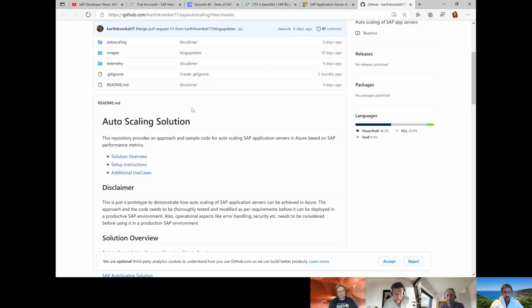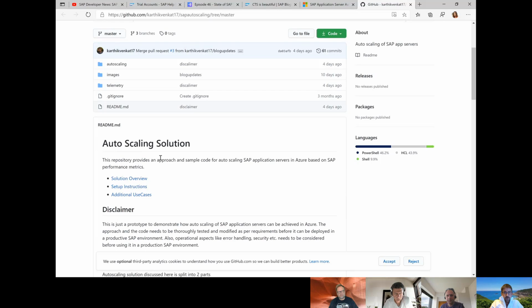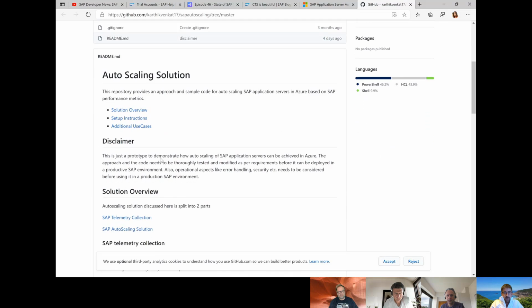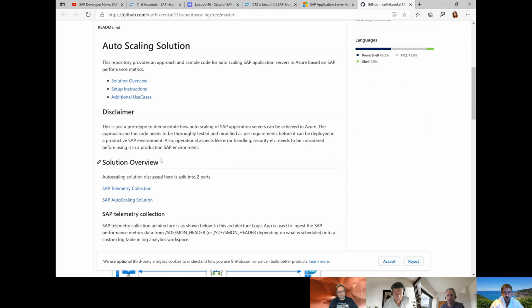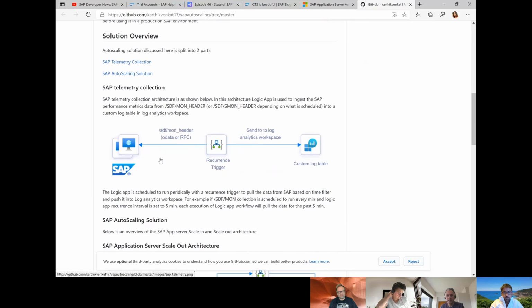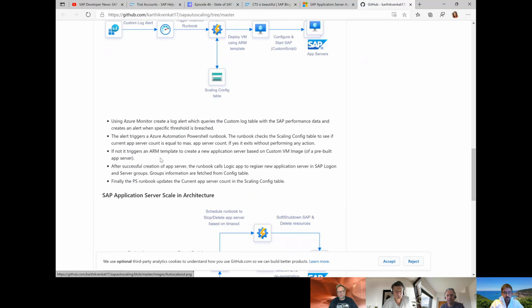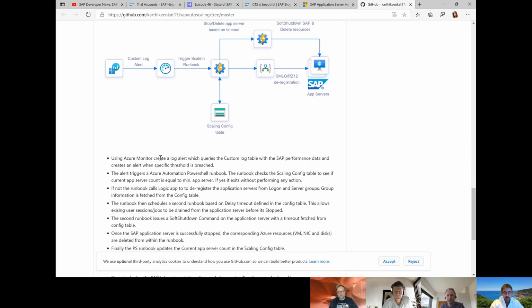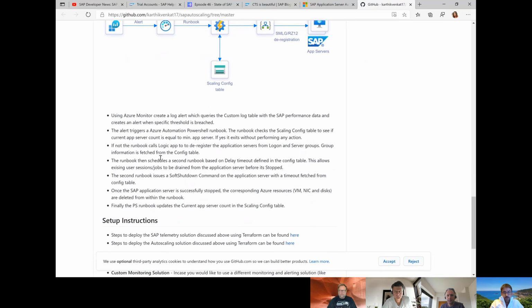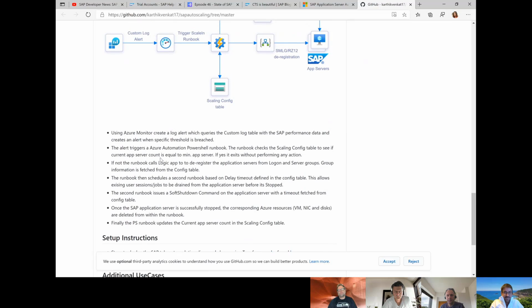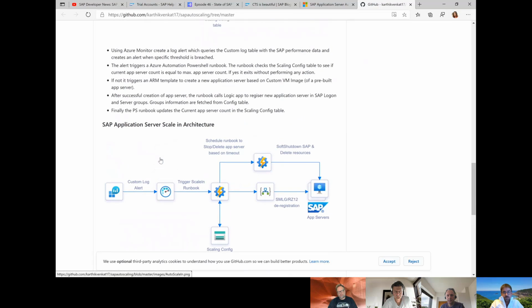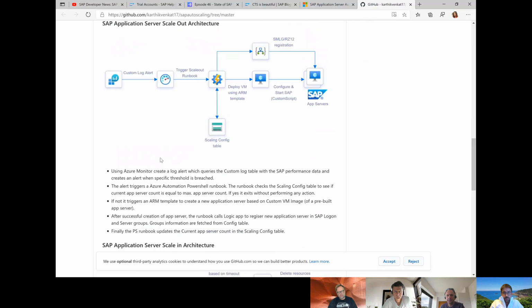The nice thing is he also published a lot of information on GitHub, so you can take a look at this and easily try out what he described there. And like you said, when it comes to the metrics, you can play around with this and see what's working best in your specific scenario.